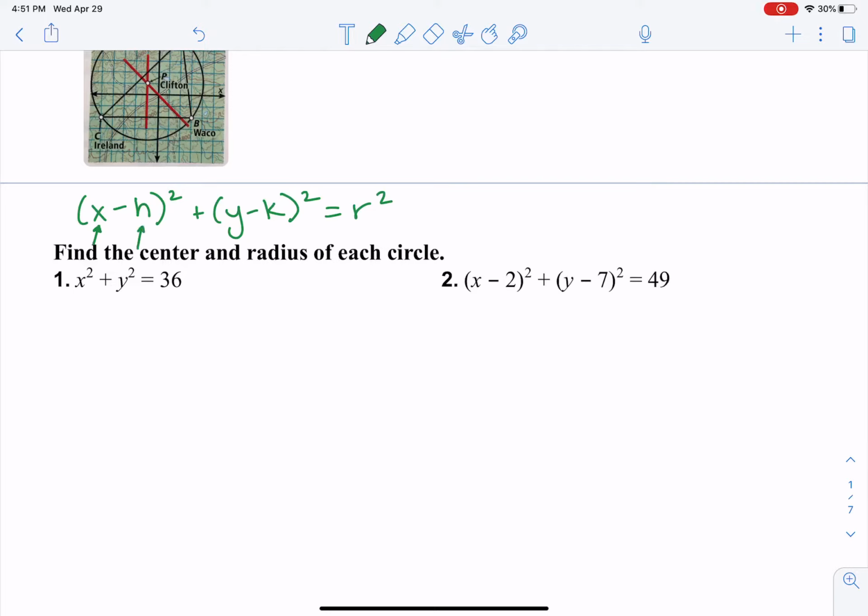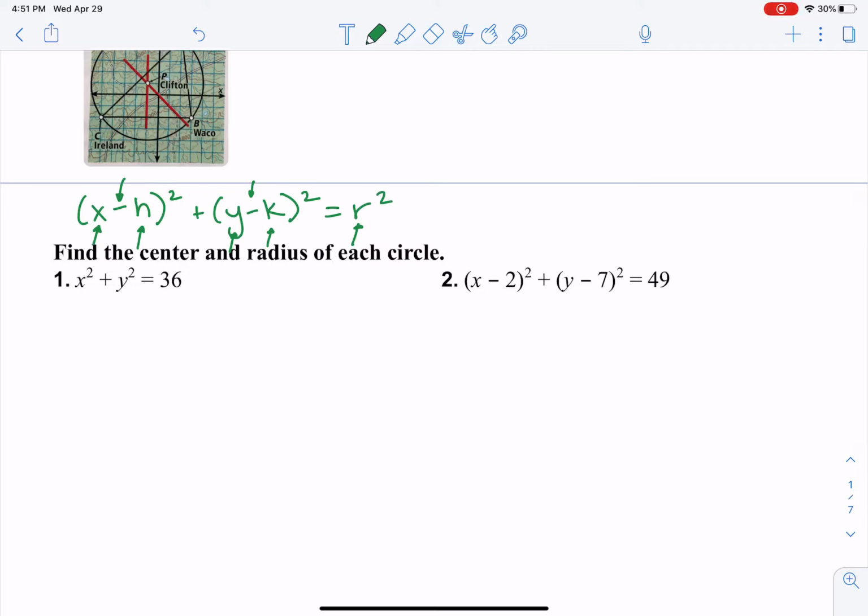The H is the center of the circle. Y is a point on the edge of the circle. K is the center of the circle. And the radius. Note that these are subtraction signs, because when you're finding the distance between numbers, you do one minus the other. So they just want to start us out by finding the center and the radius of